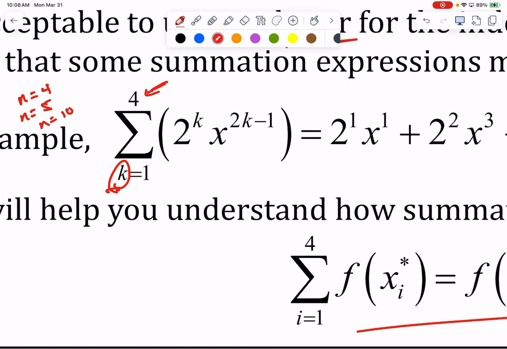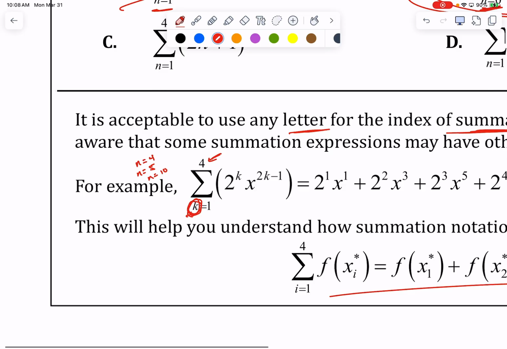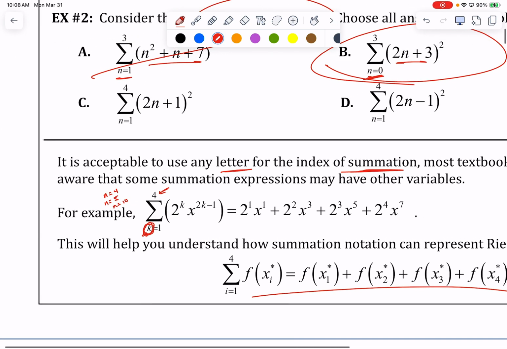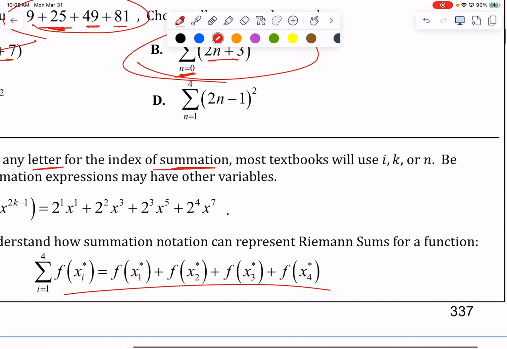But this right here, I've seen them use J, I, K, L, M, N, O, not N, L, M, O, P. Yeah, you know me. So they might use some other things. But most textbooks